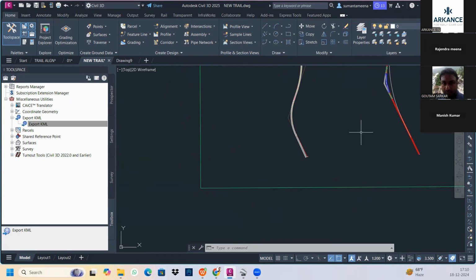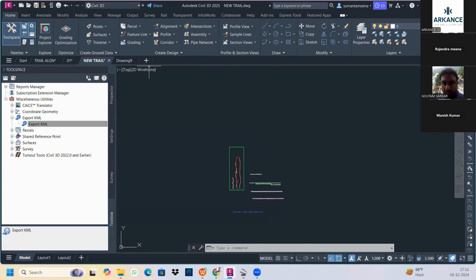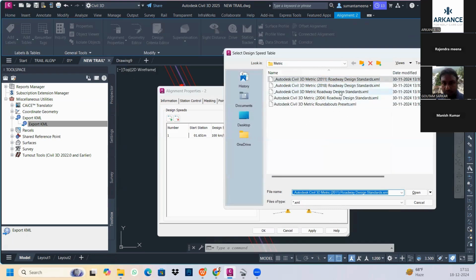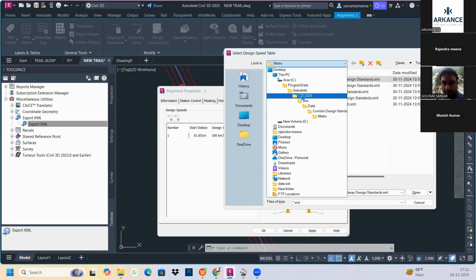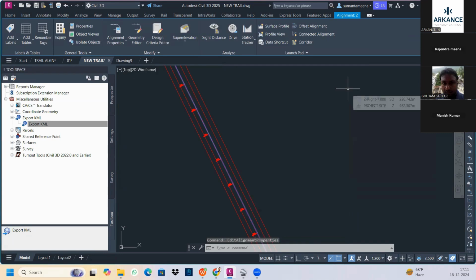अगर अभी यहाँ तक कोई सवाल नहीं है तो आप प्रैक्टिस कर लीजिए। और प्लीज, किसी ने अगर सिविल 3D कंट्री किट इंस्टॉल किया है, तो मैं यहाँ पे पाथ बता देता हूँ, तो वो मुझे प्लीज शेयर कर दें। डॉट एक्सएमएल फाइल आती है वो। जैसे आप डिजाइन क्राइटेरिया में जाएंगे तो यहाँ पर ये वाला पाथ मिलेगा। प्रोग्राम डेटा, ऑटोडेस्क, जो भी वर्जन आप डाउनलोड करेंगे, 24 होगा तो 24 वाले में आ जाएगा। देन ENU, डेटा, कॉरिडोर डिजाइन एंड मैट्रिक, मैट्रिक के अंदर आपका डॉट एक्सएमएल फाइल आएगा। अगर किसी ने इंस्टॉल कर लिया हो तो प्लीज शेयर कर दें, या नहीं किया हो तो कल कर ले, मेरे पास अभी वो नहीं है।